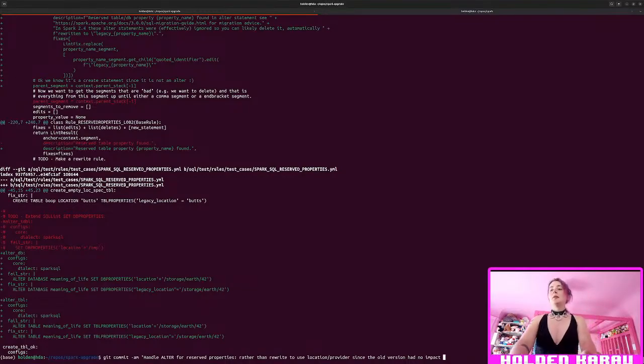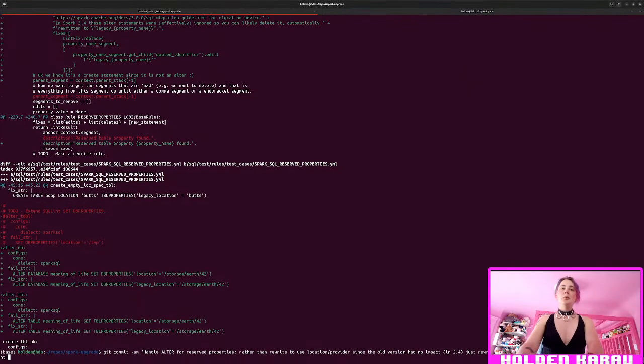Had no impact in 2.4. Just rewrite to legacy underscore property name to maintain behavior, but in the lint rule suggest that